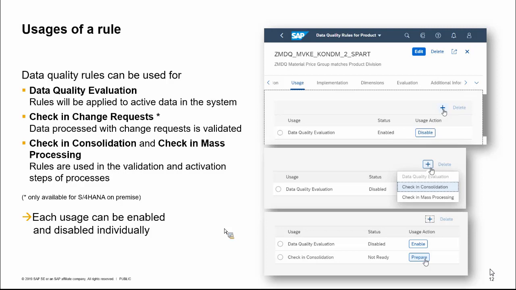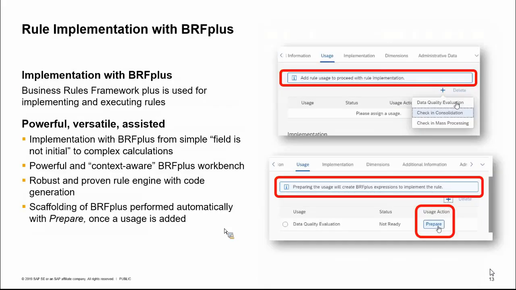And in S/4HANA Cloud, coming with 1911, you have the ability to use the rules in the check steps or data validation steps in the consolidation and mass processing functionality. Each of those usages can be prepared, enabled, and disabled individually, as you see on the right-hand side in the screens. So you add such a usage, and then you can prepare it and enable it. In detail, this means that